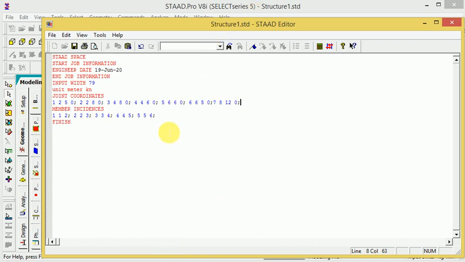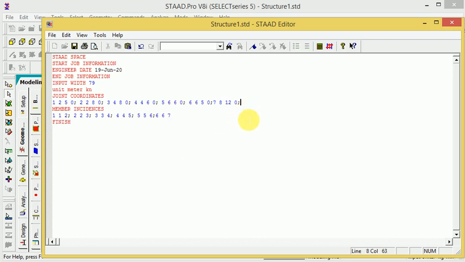Then here the member incidence. What member incidence? The member incidence number is 6 space. The member incidence is 6 space. What is member 6 space 7?